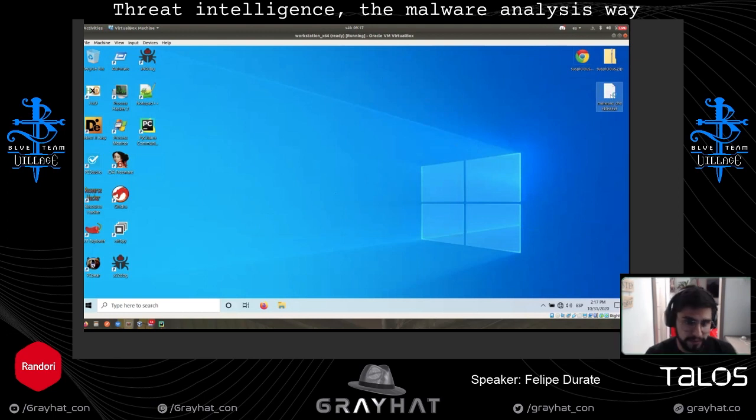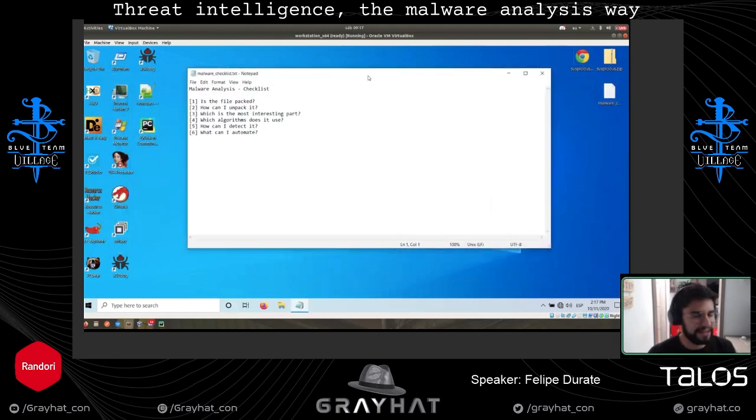I usually, when I start analyzing malware, have a checklist, and that allows me to speed up my analysis. So I have this checklist here. It contains like 6 bullets. They are some simple questions, but they can help you to focus your analysis. The first question I always ask is: is this file packed?